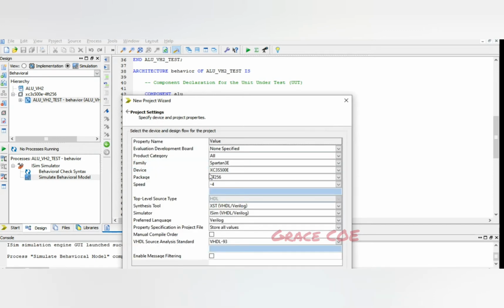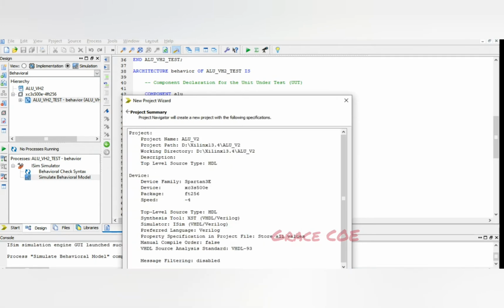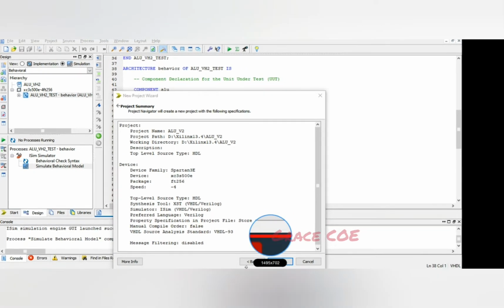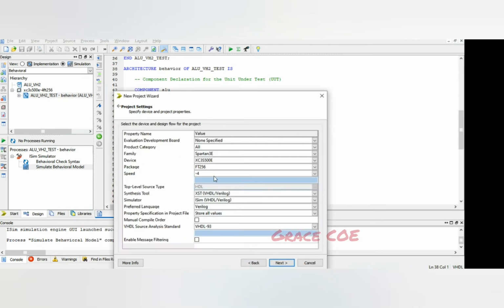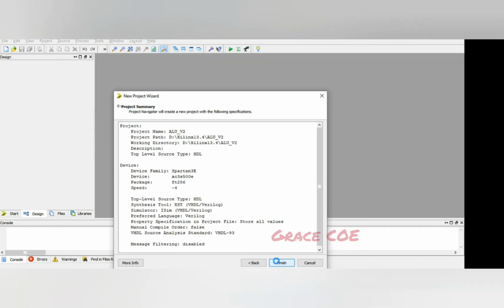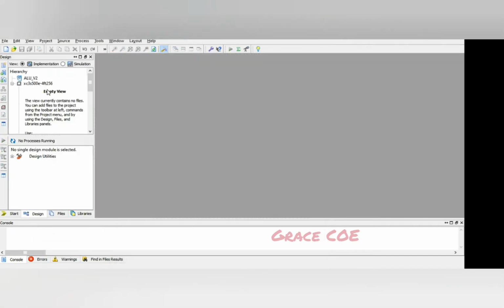Make sure the family, device, package and speed options are set as per these values. Click on Next. So after selecting these values, you'll be clicking on Next and Finish. So the device is ready.